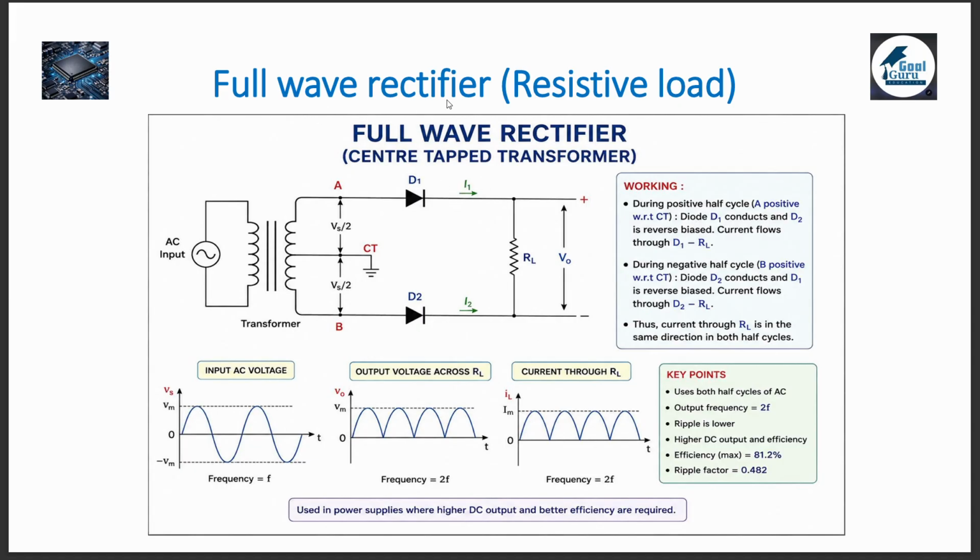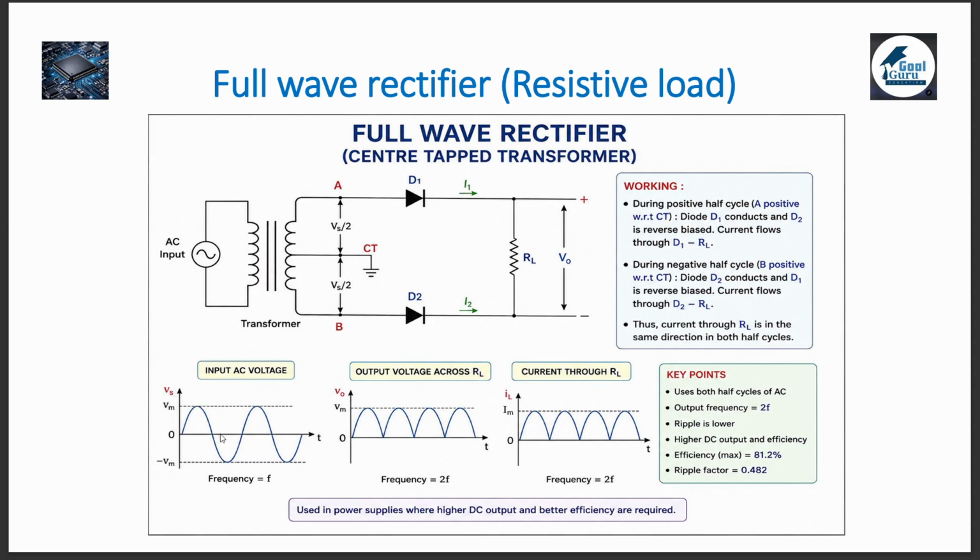What is meant by full wave rectifier? Now in this circuit you can see again AC is given, but now you can see a transformer. This is AC and here it is step down with center tap, and this center tap is grounded. Because of the center tap there are two voltages that are formed, and there are two diodes also, so the circuit is modified with one more diode introduced. Here it is D1 and here it is D2. Whatever voltage appears across the secondary is divided into two halves, Vs by 2 and Vs by 2 here, and resistive load as shown.